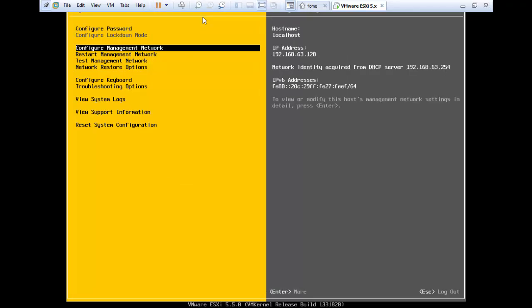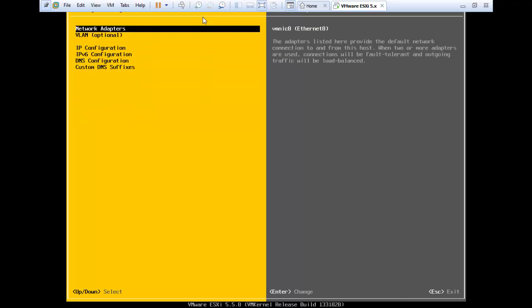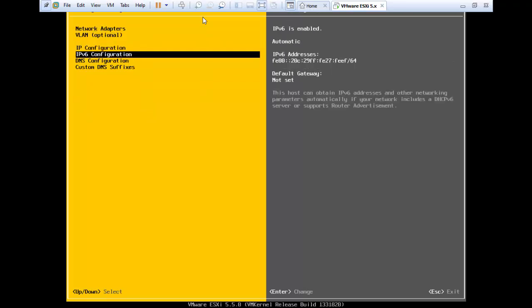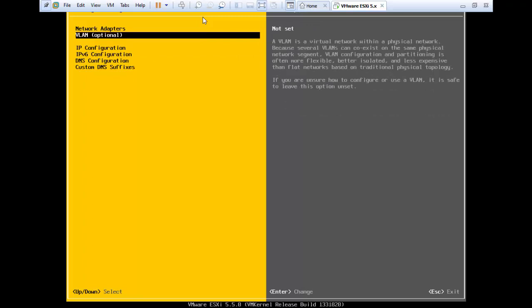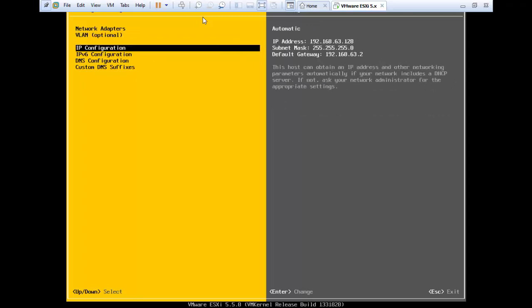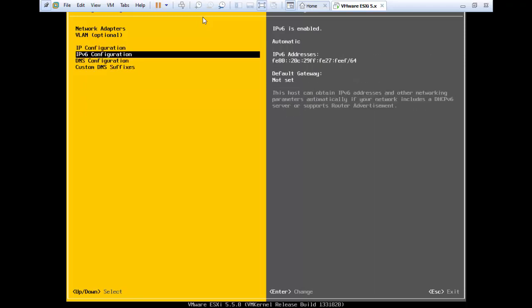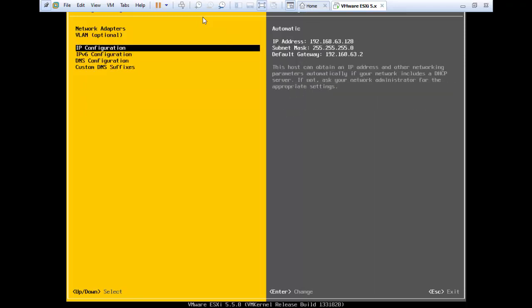Then you have the configure management network. If you want to change your IP address or the DNS configuration, all these settings can be done from here. Let's see what is there in the IP configuration. The moment you select an option on the left side, you will see the right side window.